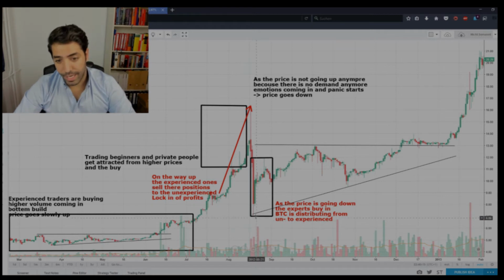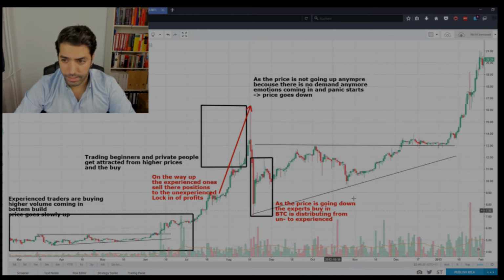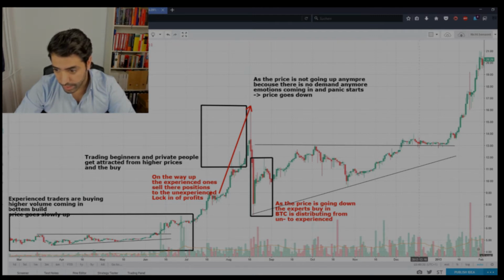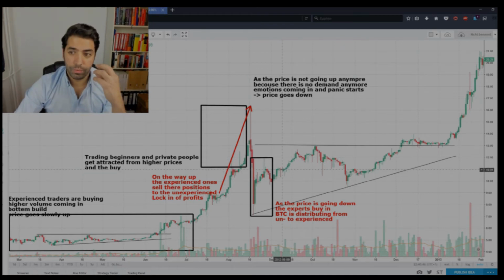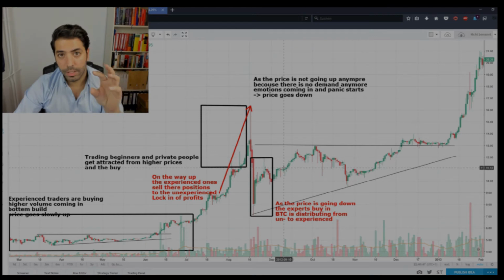So basically what then happened, I drew a kind of triangle, I guess you call it, into here, and you see we had this consolidation time which started mid-August until the end of 2012. So mid of August, 1, 2, 3, 4 months. So now, as I said, we have to get into the mind of the various market participants.